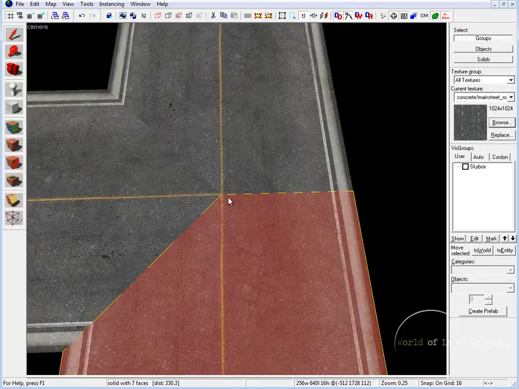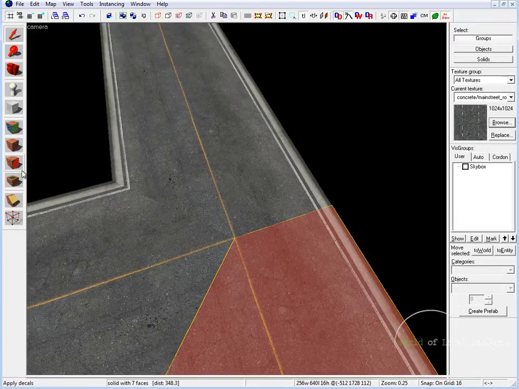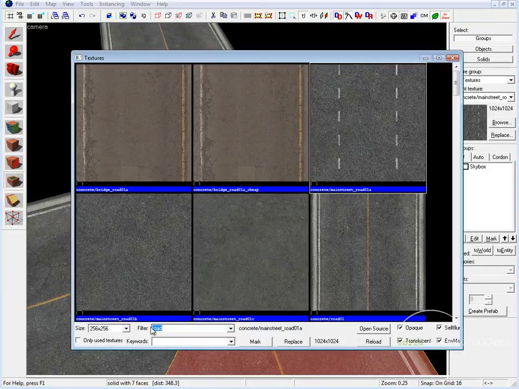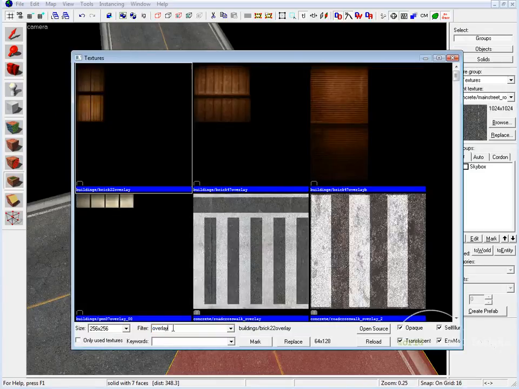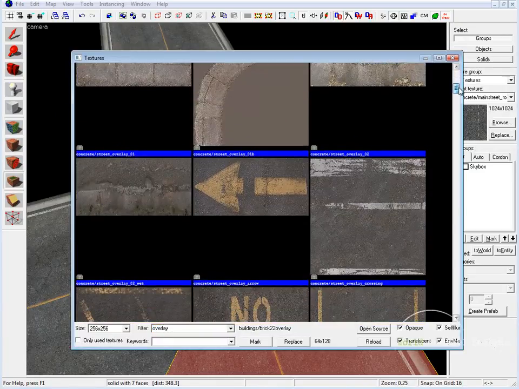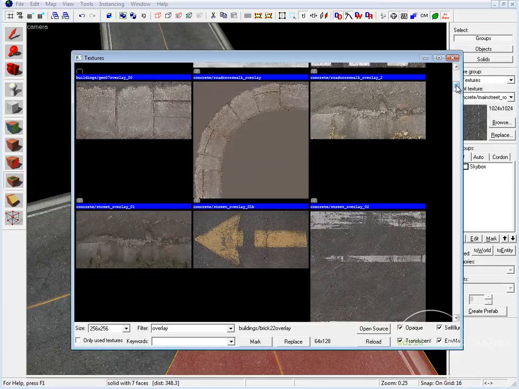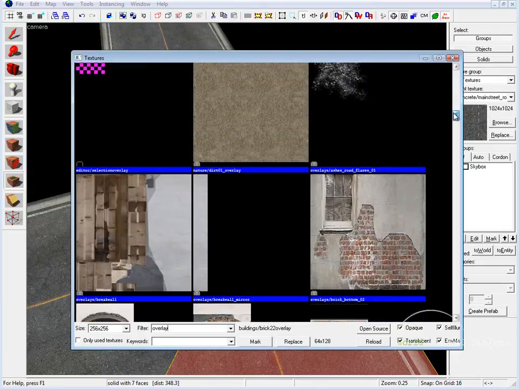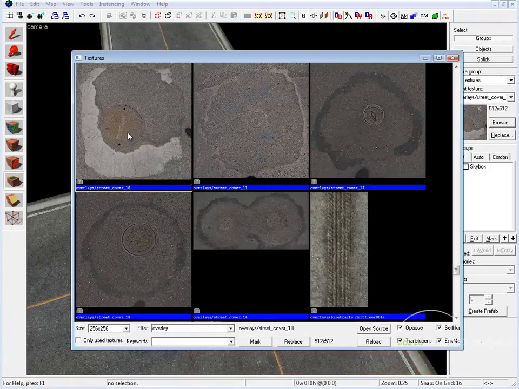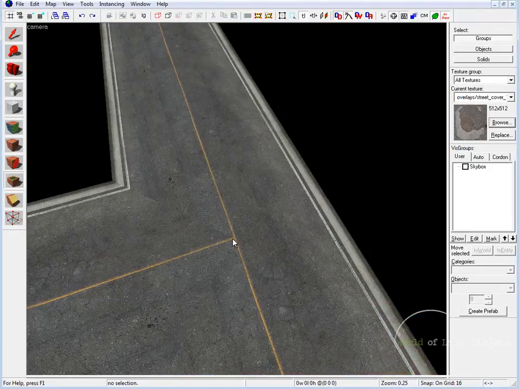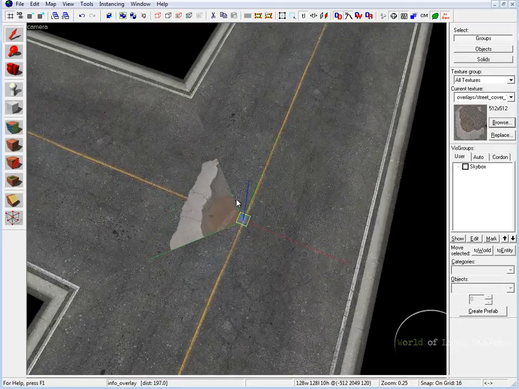Another way to do so, if you don't want to create your own textures, is to use overlays to hide something like this. So an option would be to go to apply overlays and then browse, and under filter just type in overlay, and here we can scroll down, and there's a variety of overlays that we can use to hide those lines. Let's say we like something like this street cover. Let's double click and let's apply it right in the middle to hide the texture,